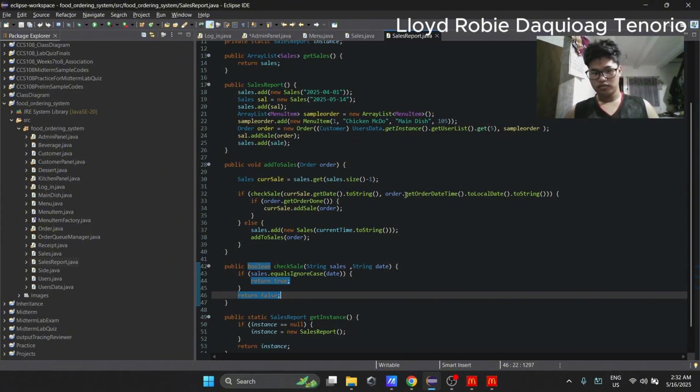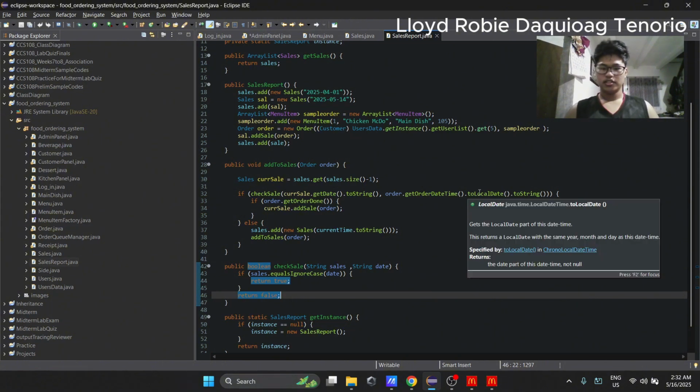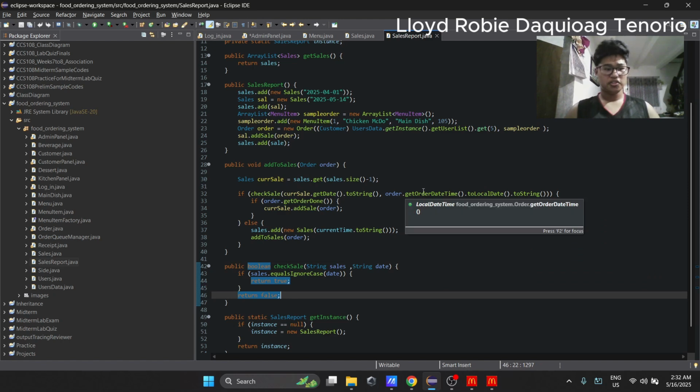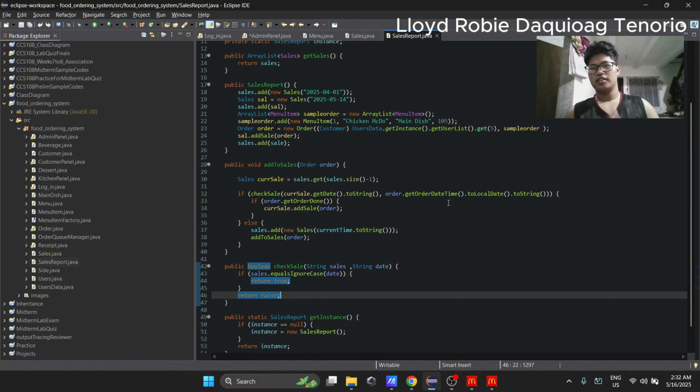Next one is we have the order's getOrderDateTime. Inside the order object, we are checking if the order date of that is equal to the current sale. Basically, it will check if today, May 15, is the current sale report. Then, if an item is ordered on May 15, it will check if it matches.